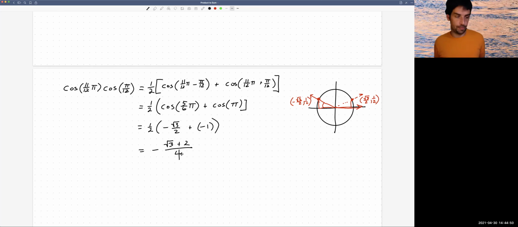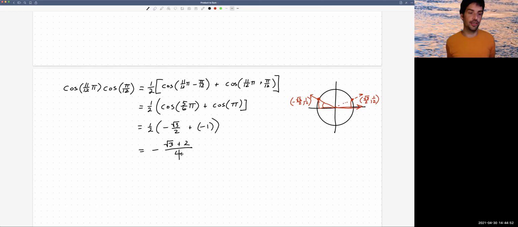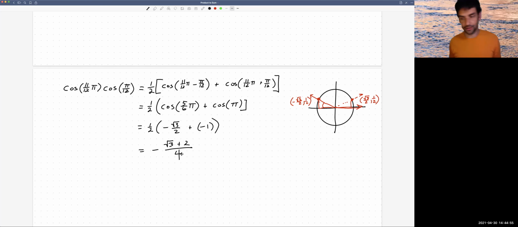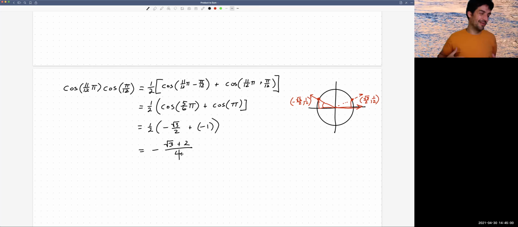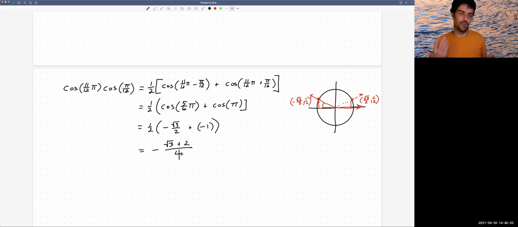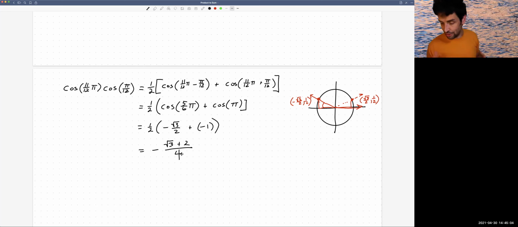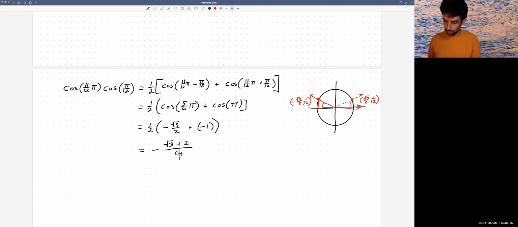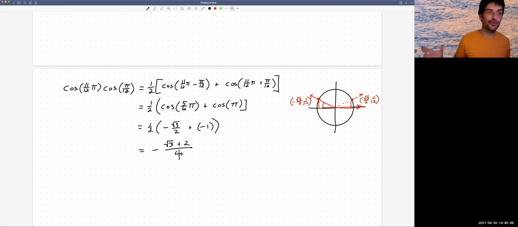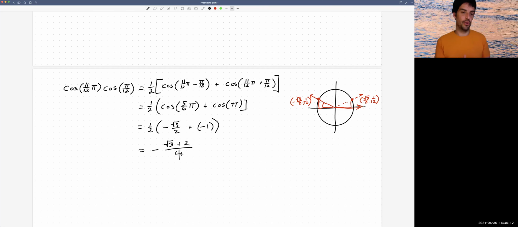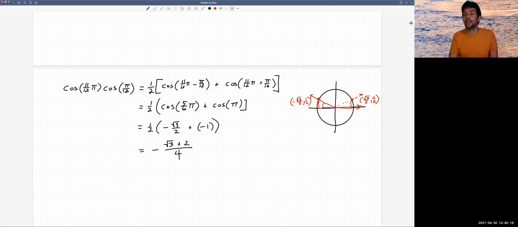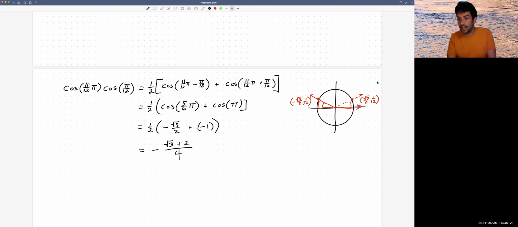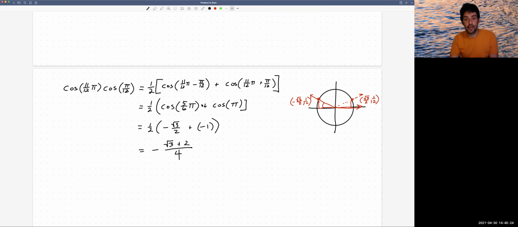Now, I've mentioned in the past, we don't use these primarily to compute interesting exact answers for sines and cosines. They're more often used when we've got these things as part of a function, or we're trying to solve an equation, and we'll do exercises in just a couple of videos. We have just one more set of identities to go through, and then we'll start really putting these into practice in somewhat more realistic situations than this. And then certainly down the road in your mathematical and scientific career, these things will come in handy. Okay, that's it for this one. Thank you, everybody. I will see you